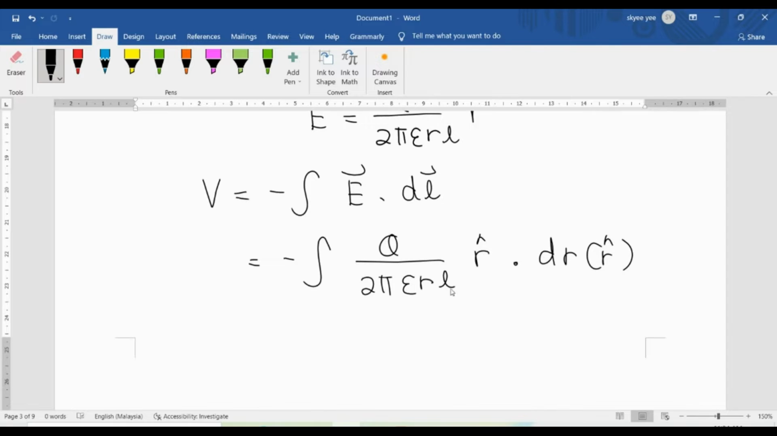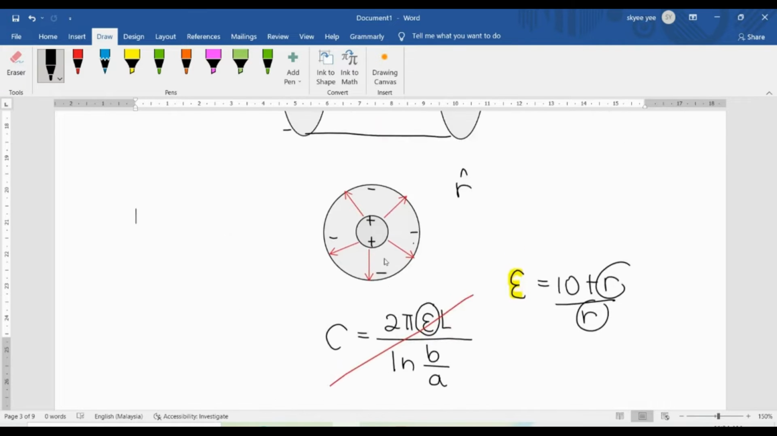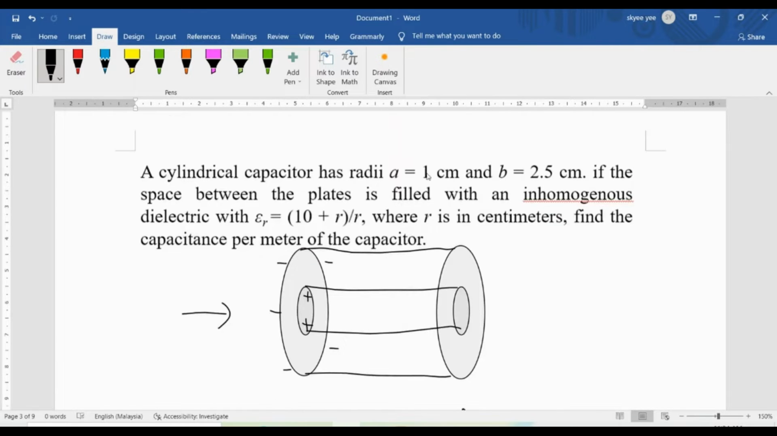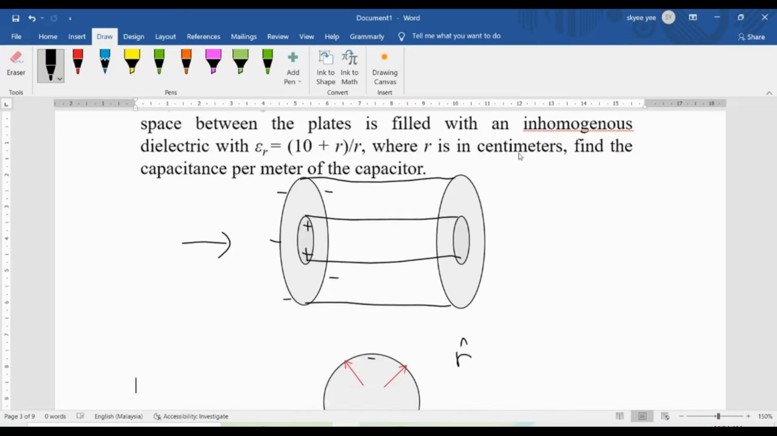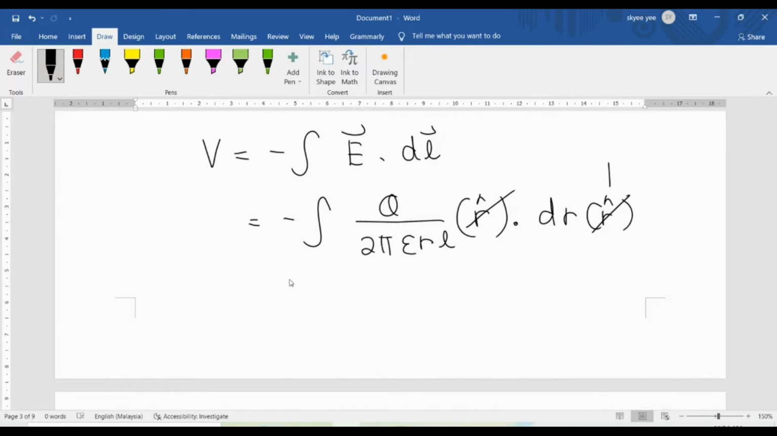Okay, don't confuse this one and this one and think you can cancel it. No, this is a unit vector. Now the interval for R depends on the radius of the cylinder, right? So you have A and B. Okay, so you will have this 2 pi